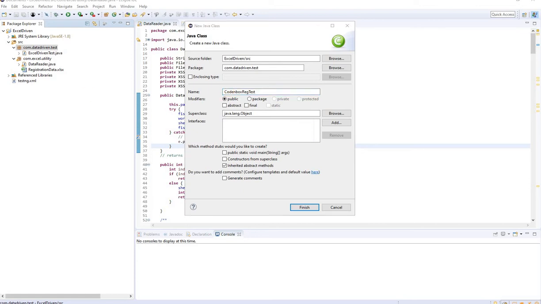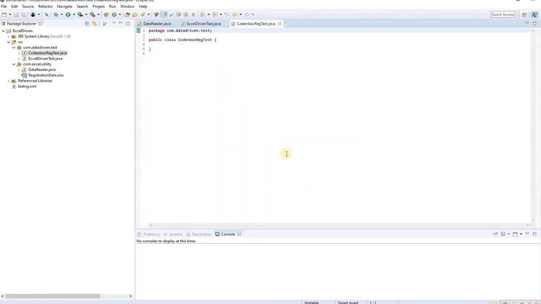Since our test cases are based on TestNG, there will be no main method. So we're going to use all the annotations in TestNG. I believe you all know about TestNG. So here inside the class, so let's